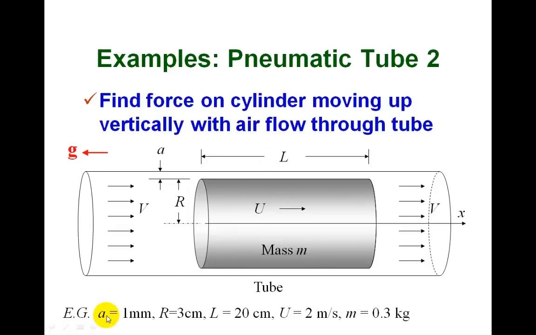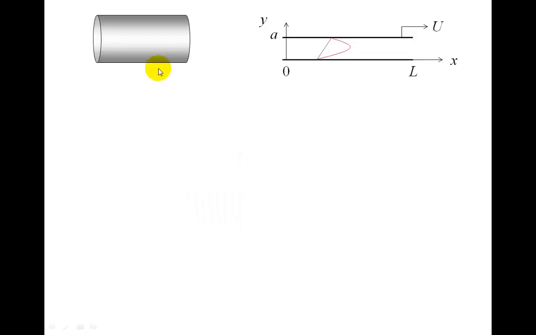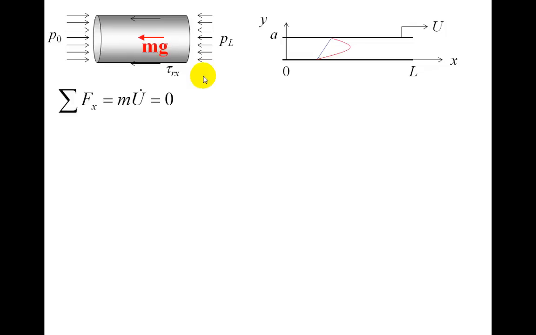and so the different forces here have to overcome the weight of that mass. So let's look at the same thing again. We're going to have the same gap width, radius, desired velocity, and length of the tube, and we include a mass now of 3 kilograms. So here we have our mass again, and when we consider the forces applied, we've got again the pressure on the downstream end, or down motion end, and lower pressure on the other end, shear force due to velocity in the gap, and then the weight mg. So compared to last time, that mg term adds in here with the shear stress,